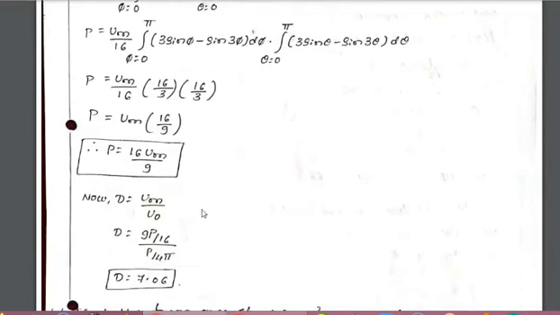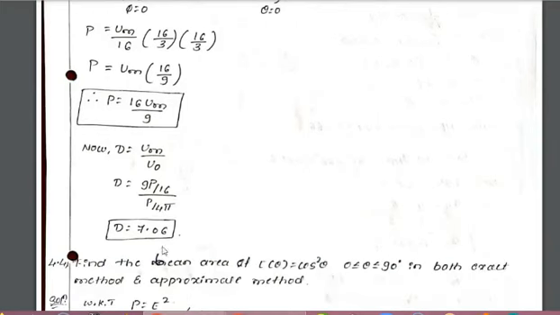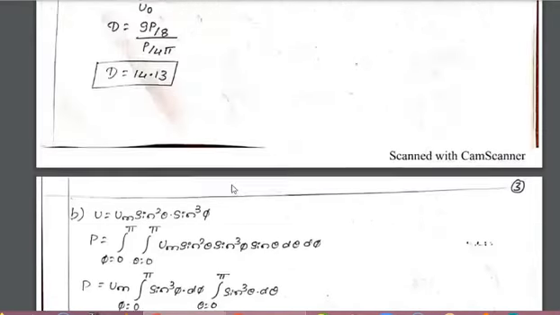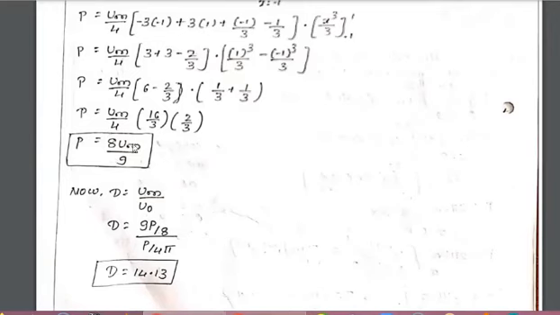You know how to find the directivity, that is U divided by U naught. So what is the value of U here? U is 9P divided by 16, and the U naught value, when we consider the point source as isotropic, is P divided by 4 pi. So the directivity will be 7.06. This is how we find the directivity and the power. This is the power that we have calculated, and this is how the directivity can be calculated if we have the intensity pattern and the corresponding theta and phi limits.